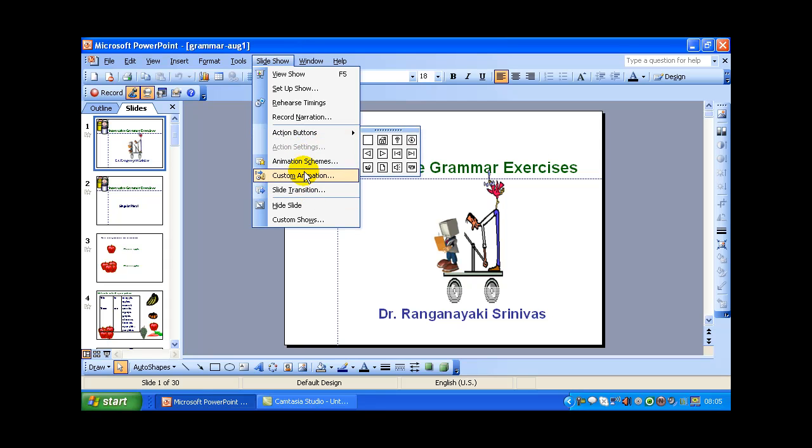You can use all this to make your PowerPoint presentations interesting and keep the students' attention engaged on what you are presenting. The slide transition is for the movement between one slide and another slide. You can set custom animation for individual items on your slide, either the sentences or the pictures, and you can set animation schemes for your images, and you can use action buttons and action settings for individual pictures.